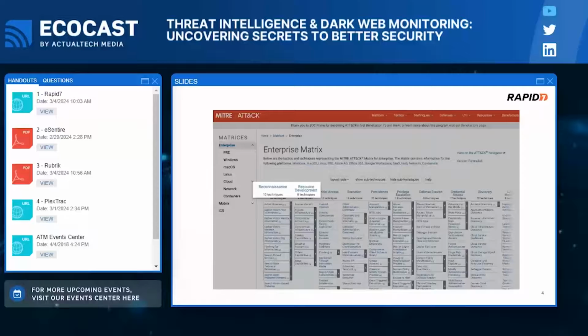So if you look at the reconnaissance and resource development phases of the MITRE attack chain, these are where tactics like phishing for information, gathering identity information, credential harvesting, acquiring domains, all of these different steps that are those earliest signals that an attacker might be choreographing a targeted attack against your business. That's where these things are going to live.